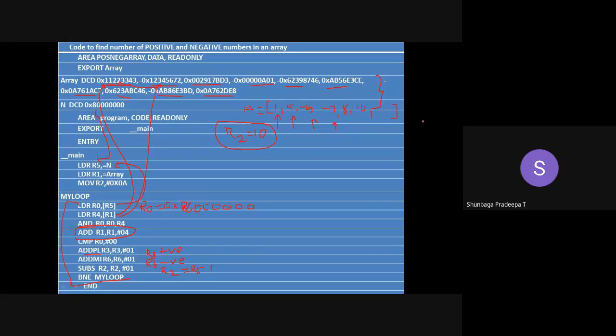So you have to repeat until all the data is completed. So we are checking whether it has reached 0. That means no more elements are there in the array. You can even use 0 in some other register, and you can even increment it and compare whether your R2 and one more register are equal or not. That way also you can do it. It's not that you have to use only subtract. You can even increment it and check with this count whether the count has been reached. You can try your own logic also.